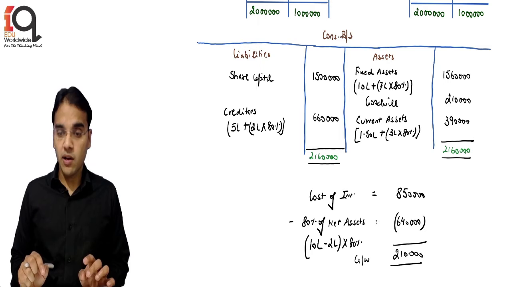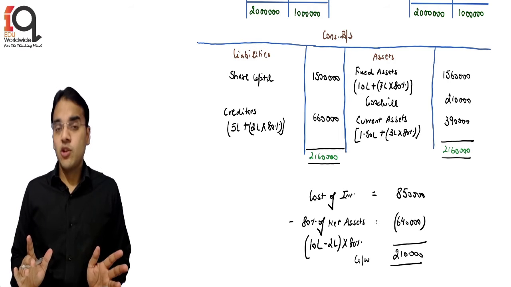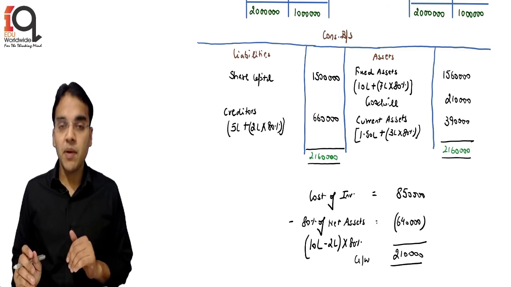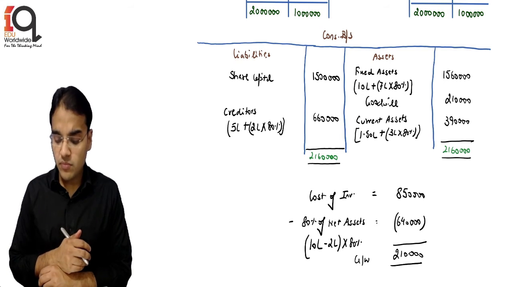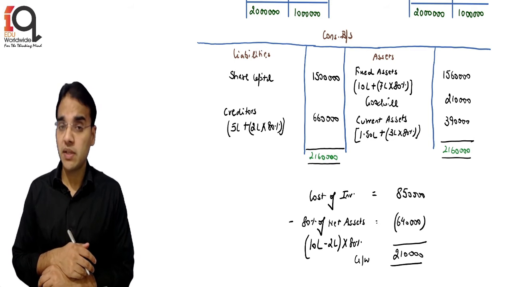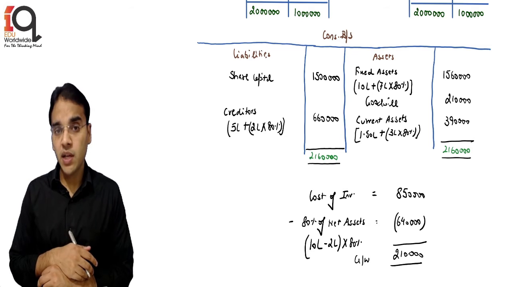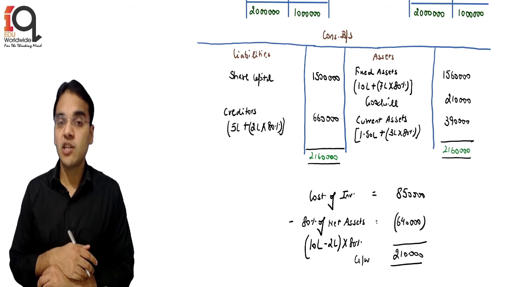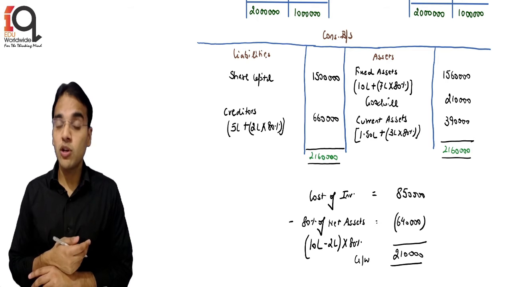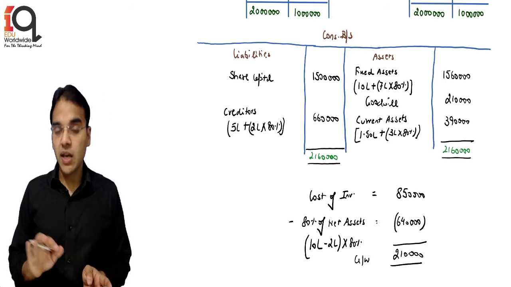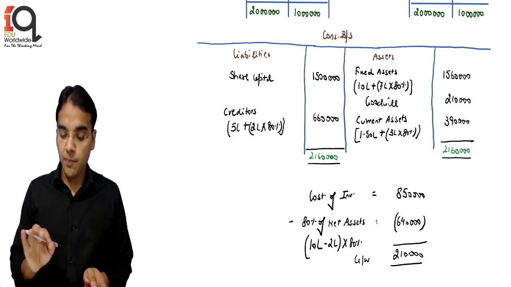But if you see here, you will say, sir, you have done correctly. Because what I have done in this particular case, I have replaced the investment, because I have acquired 80% of the shares. So I have replaced the same with the 80% of the net assets of the other company. And I also find out the comparison of the 80% of the net assets acquired versus the cost of investment, resulting in goodwill. So that is absolutely true. But now listen to me importantly, this obviously is making your consolidated balance sheet absolutely okay.